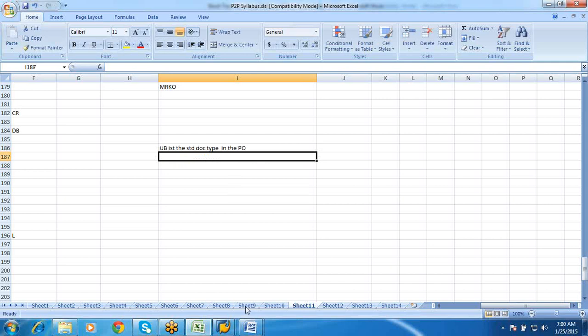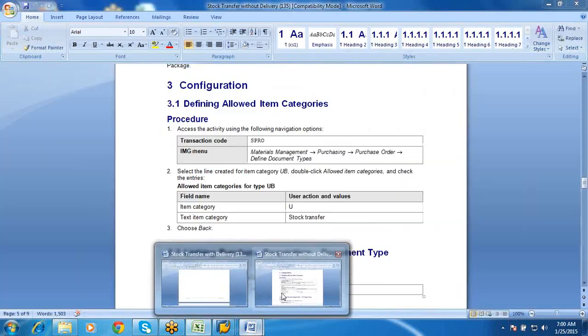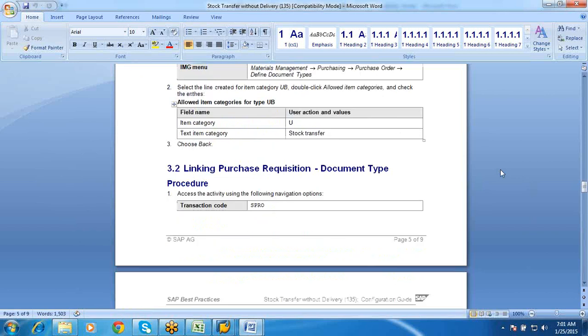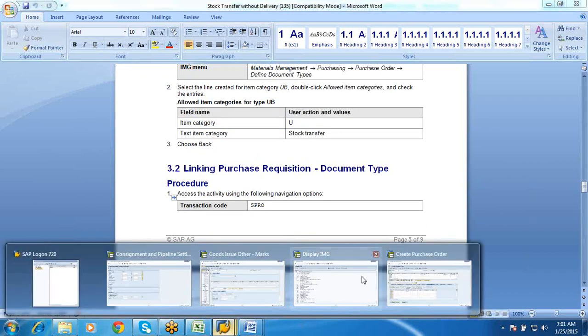UB would have an item category of U, and U in the sense it is a stock transfer. Hold on, I'll take you through the configuration part.